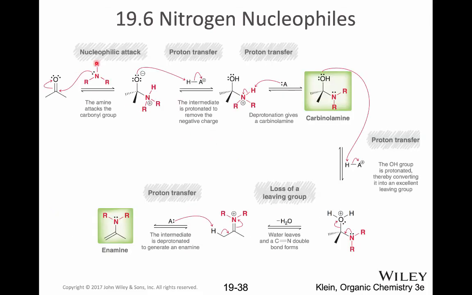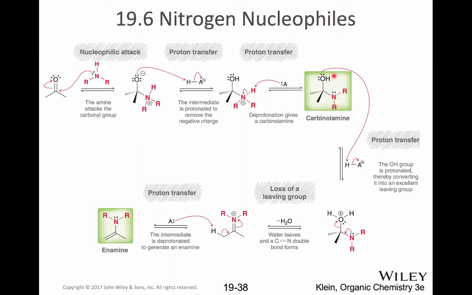So I have an amine here. That amine is nucleophilic enough to attack my carbonyl. I make this Zwitterion intermediate. Remember, a Zwitterion is a neutral molecule with two formal charges, a plus formal charge somewhere and a negative formal charge somewhere. That Zwitterion gets protonated by the acid, so the O minus attacks the H plus. You make this ammonium intermediate, which is then deprotonated by the conjugate base of your acid to make your carbinolamine